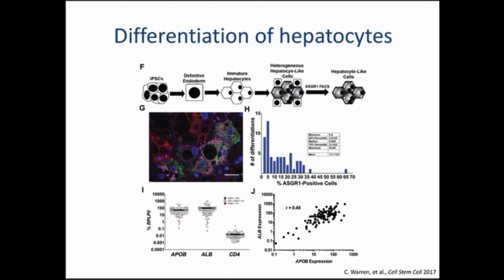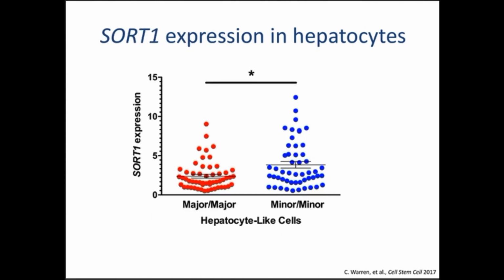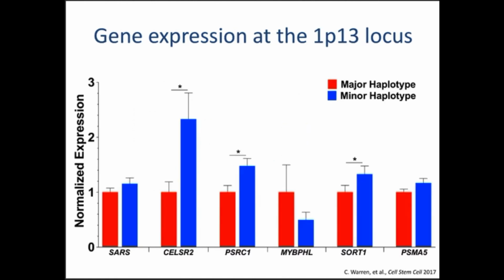Then we could make hepatocytes. And in our hepatocytes, we now saw a change. Now, granted, this change is relatively mild, but remember that change was mild to begin with when we first identified it in the individuals. And this magnitude of change looks just like the change you'd expect from GTEx samples that we've looked at across that people have collected. So we now know by RNA sequencing that's probably what you're going to see, and that change is consistent. All 3 of the genes that we would expect to see change in the locus all change according to genotype at a magnitude that's about what we would expect.